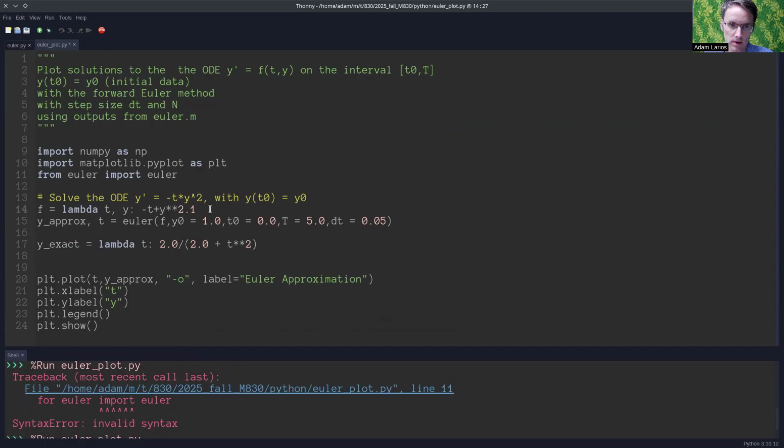I can put a 2.1. I think this will beat most methods, if not all methods. It's not hard to find differential equations that don't have known exact solutions. Okay, so with y exact coded in here, notice I can't just do something like plot